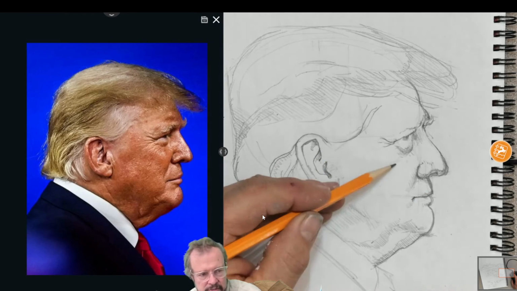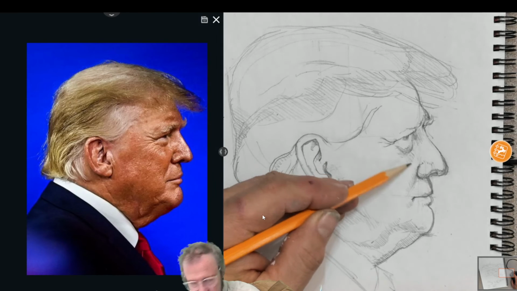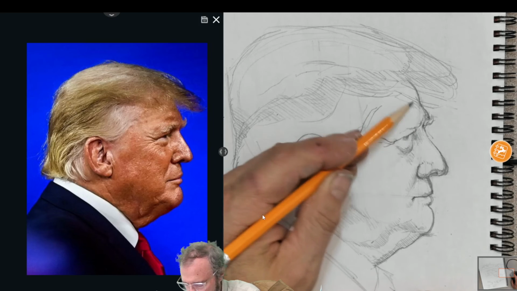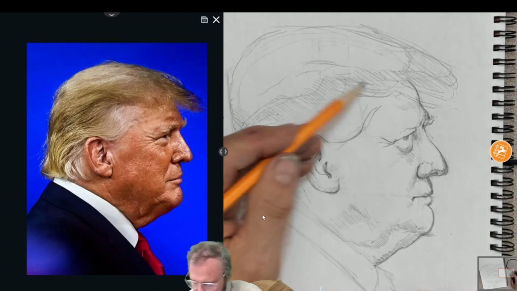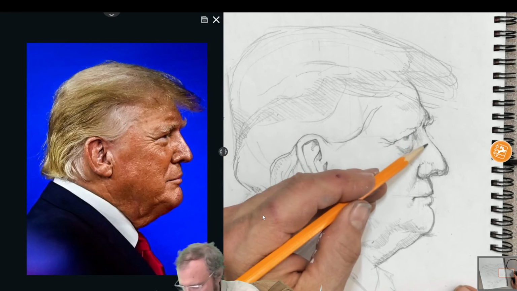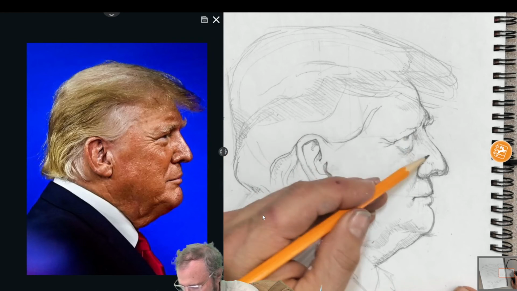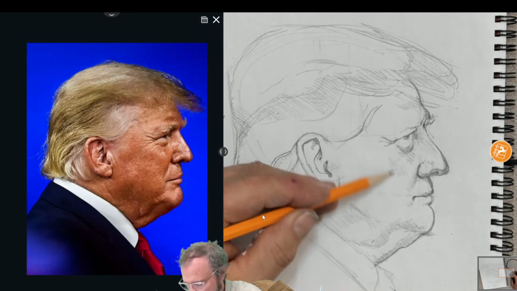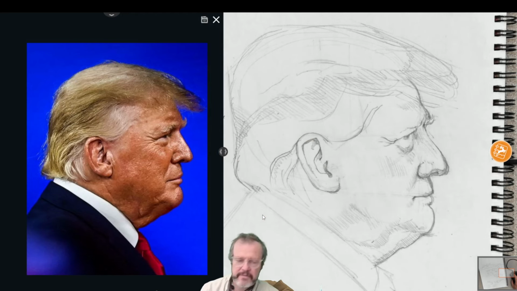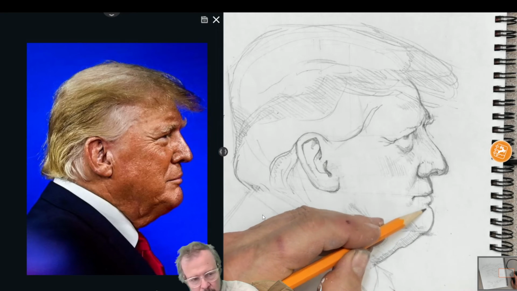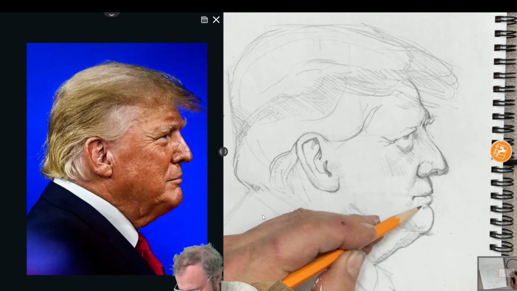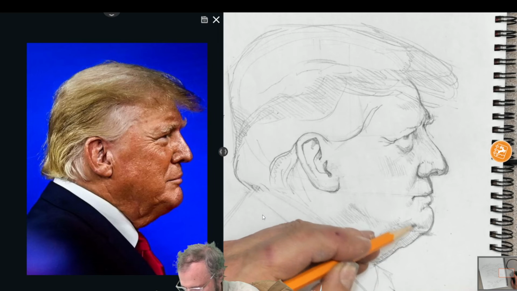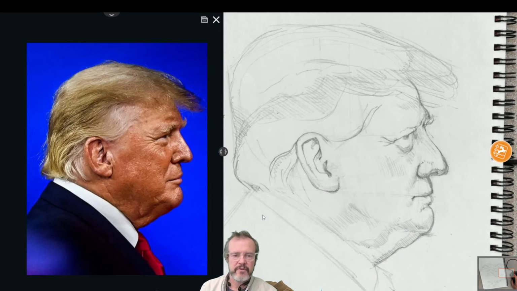Because the lighting here is so frontal, we do have a lot of halftones. Halftones are areas that are fully lit, but that are just a little bit less bright than the areas around them. So the key here is to use a very light pressure when you're adding those halftones in, which we sort of have to do in order to show the highlights. Because we're working obviously on white paper today, it would be a lot easier on tone paper because we could just be throwing in those highlights and not shading all these halftones, but